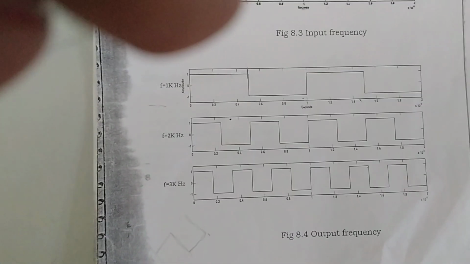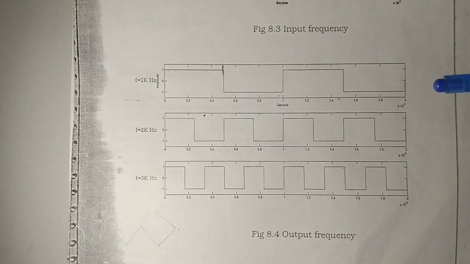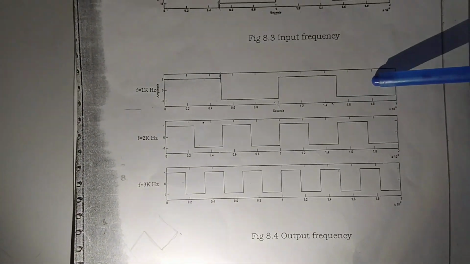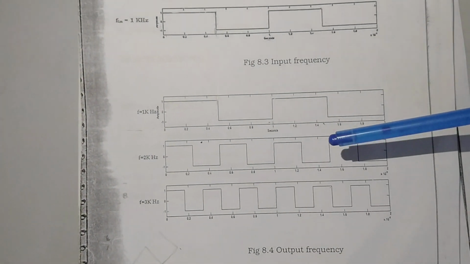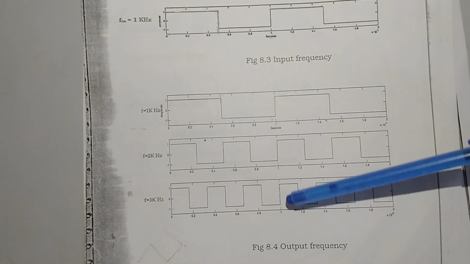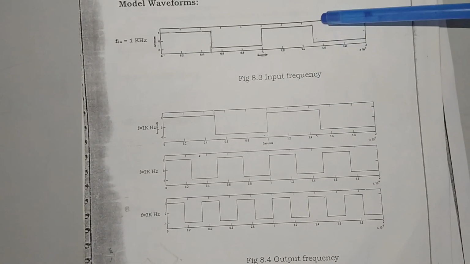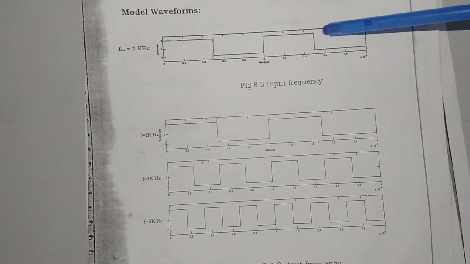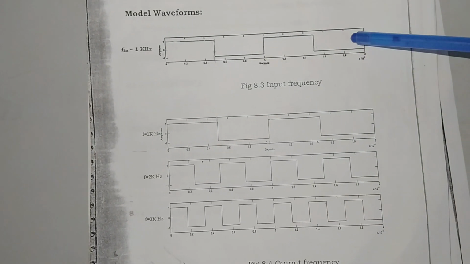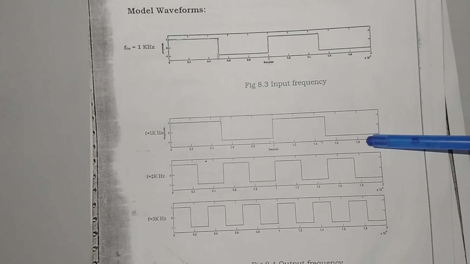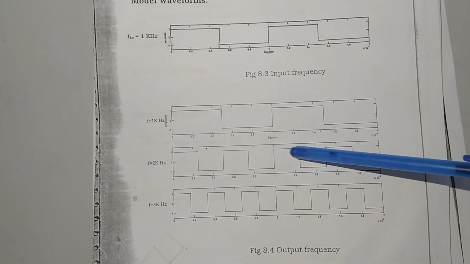So if you plot the waveforms, this is the input signal frequency square waveform for a reference of 1 kilohertz, and this is the output. These two are the two cases for the output signal frequencies, right? So as per the input signal frequency, 1 kilohertz I am going to set. If I put the switch position at 1, I am going to get whatever the input waveform is as the output waveform. If I keep the position of the decade counter at position number 2, then what happened?